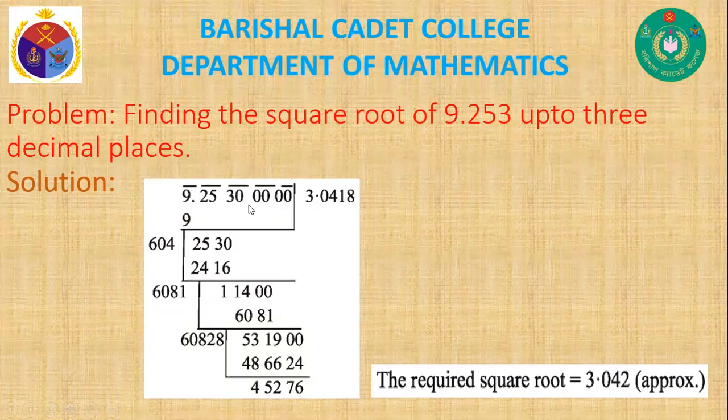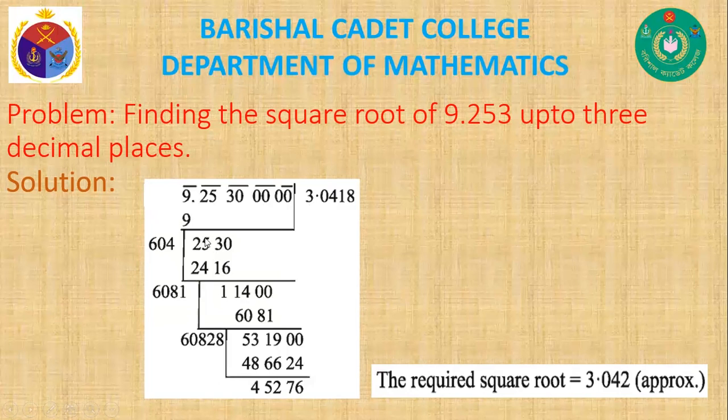As we have only 3 digits after the point, we have made 1 pair. Again, I have made 3 with 0, and these are 0, 0, 0, 0. Boys, you know, after the decimal point, you can take 0 as you need. So if you want to take another pair, then you also can take. Then start. First of all, 3.